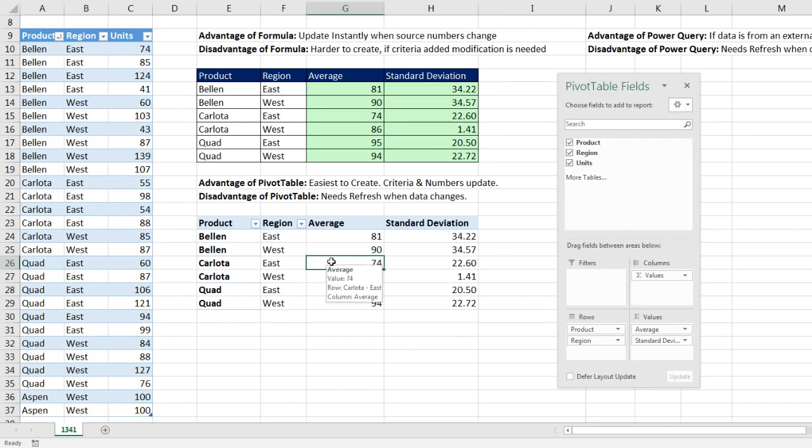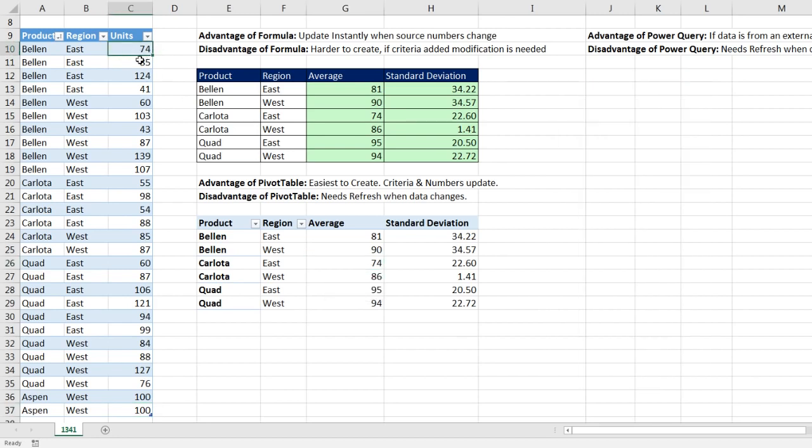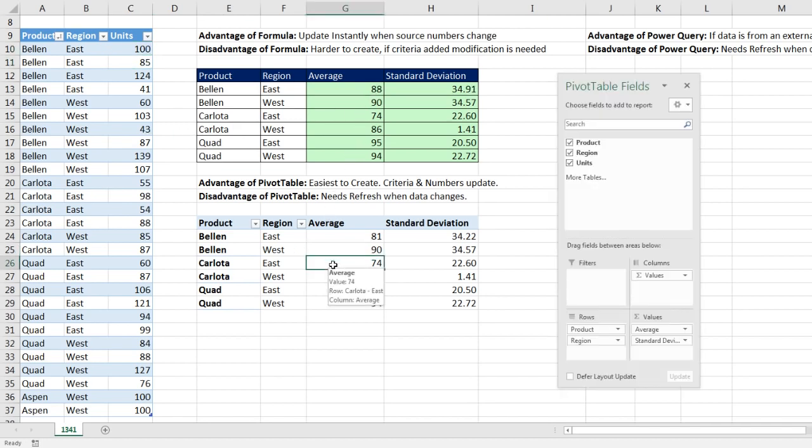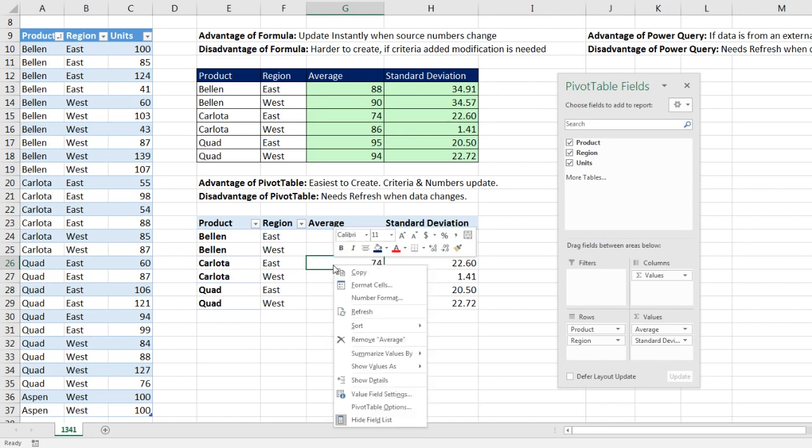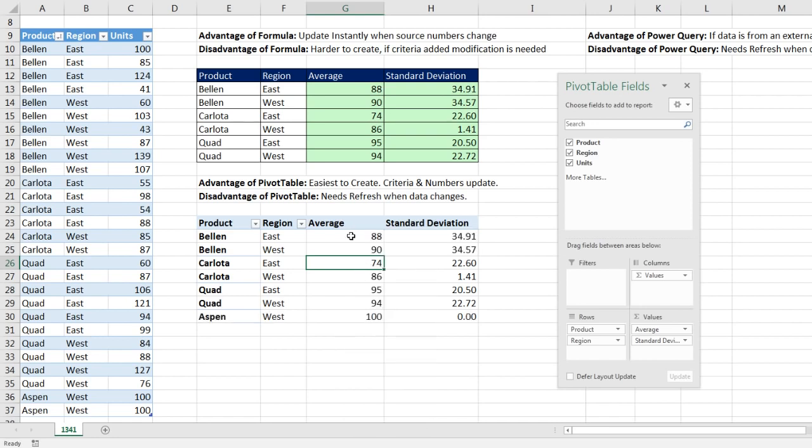Now, before I come over here and right-click refresh, let's just see what happens over here if I change this to 100. Remember, we said the advantage to the formula was if the numbers change but not the criteria, instantly it updates. But now, let's right-click in this pivot table and notice when I refresh, not only does it get the number, but it also incorporates any new conditions or criteria. That is pretty amazing. I would have to come up here and actually type out Aspen West and then copy